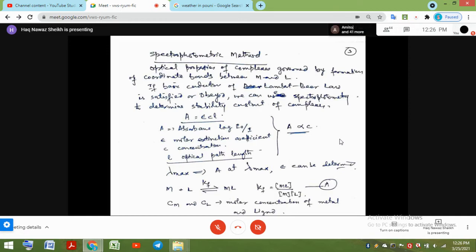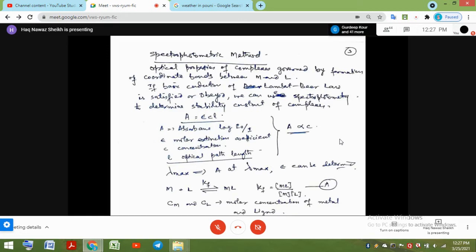There is no problem, right? So the key is how to find out the concentration of these three species. What are the three species? Complex, then free ligand, and free metal ion. Okay? Is that okay? Now,